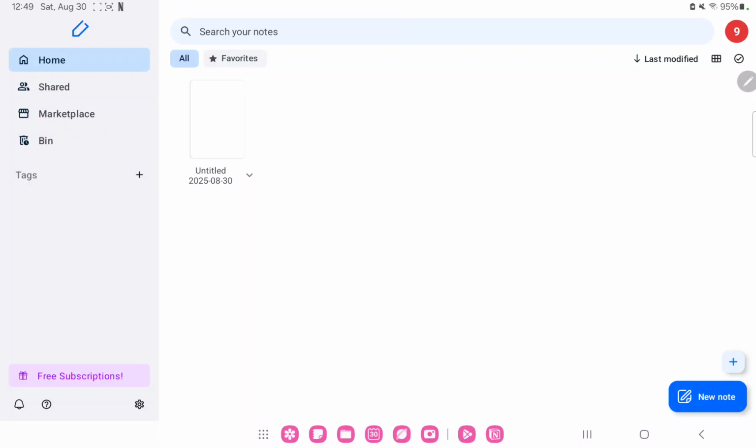Hello guys, in this video I'm going to show you how to set the snap to align option on the